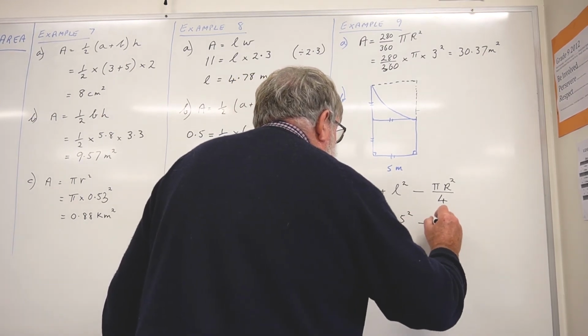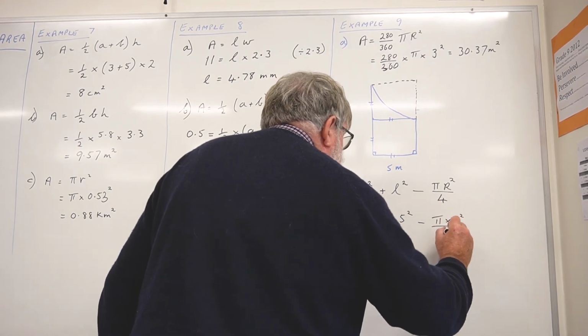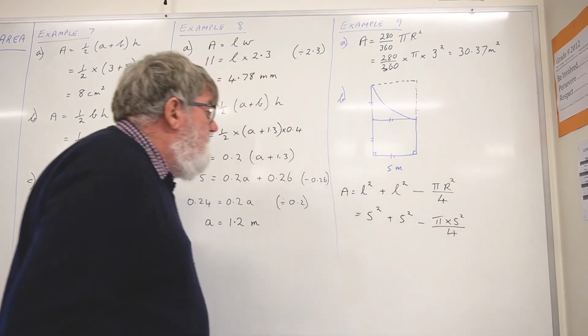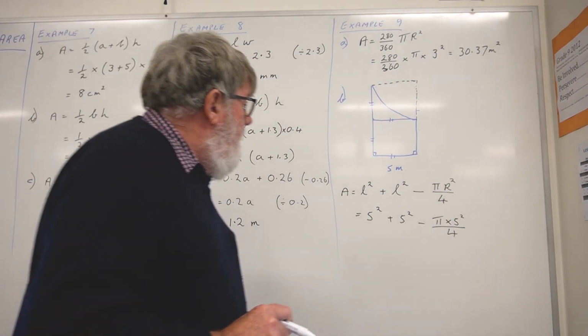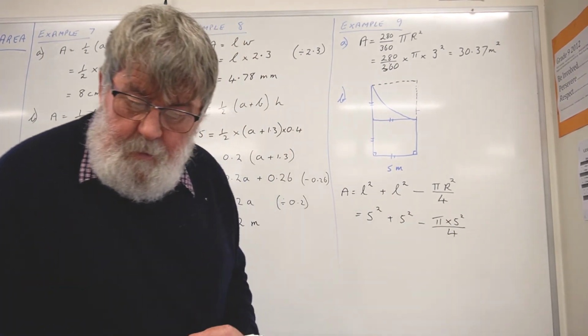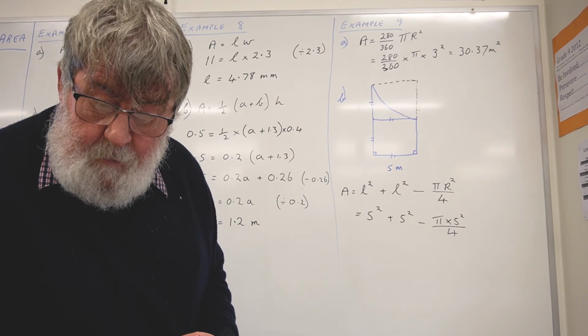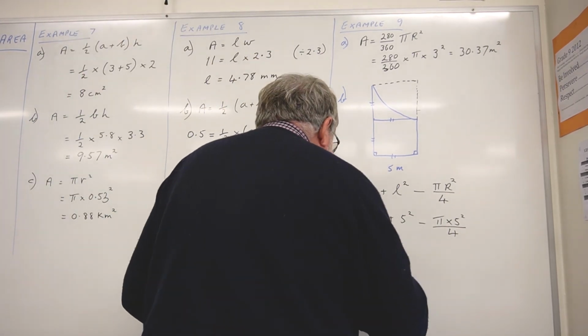The radius of the circle is 5. You just put the numbers in exactly into the rule as it is presented, and then the calculator will compensate for order of operation, will actually do the sum for you. And the answer to this one is